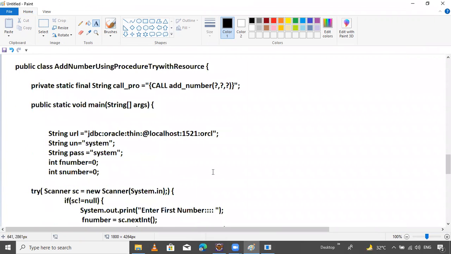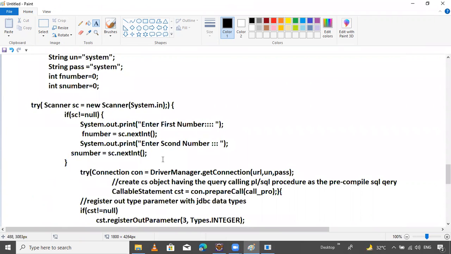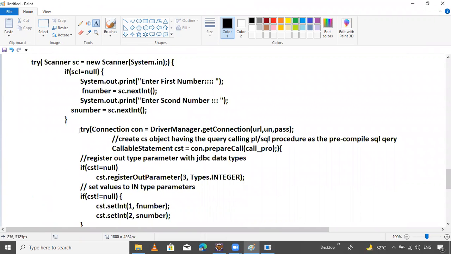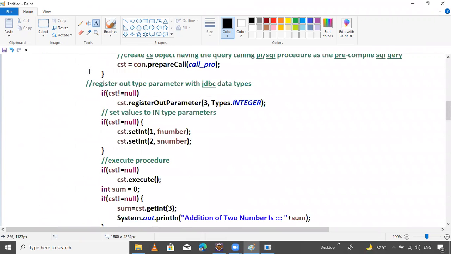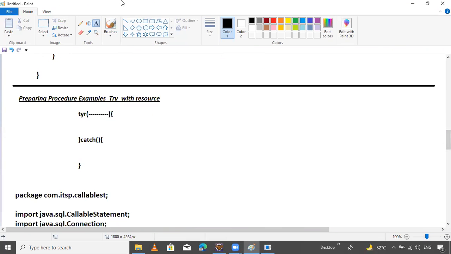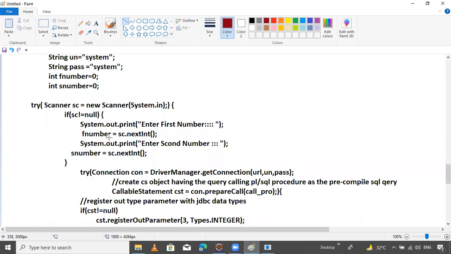Now, this is our second example. Try with resources, guys. Okay. So I want to highlight some points, guys. Try with resources. This one is a highlighted point.